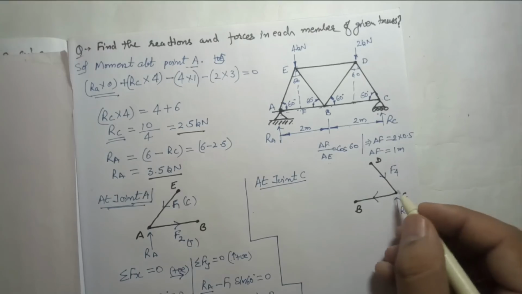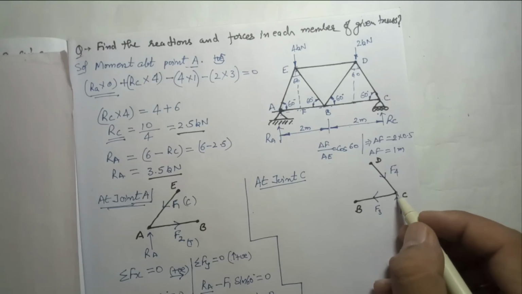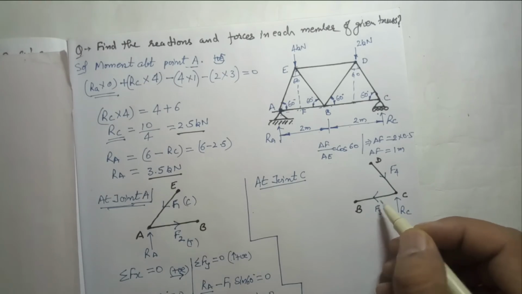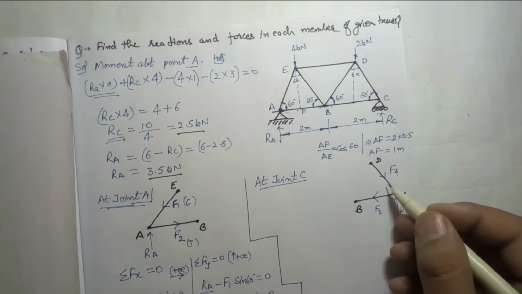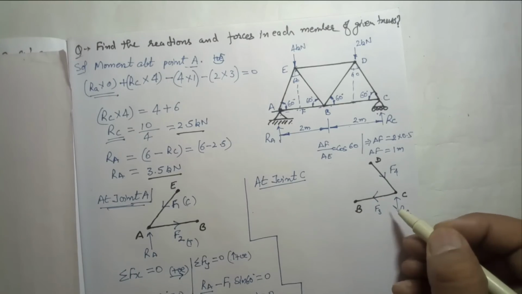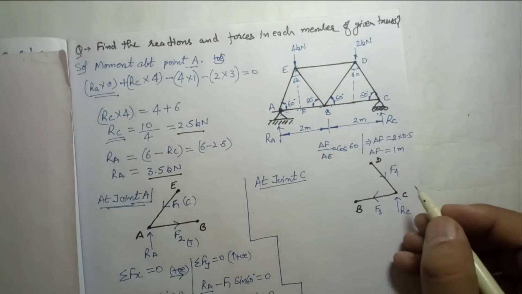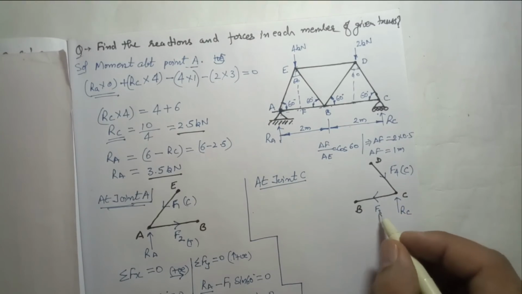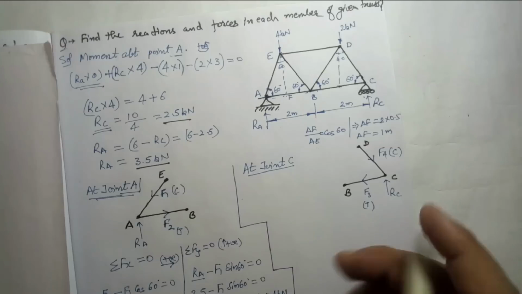There is no rule for taking these, they are just assumptions, but if you ask me, if a joint is there, I always try to take one compressive and the other tensile. I do it just to make the calculation easier. You can also take both in the same way, both compressive or both tensile, it is your wish. The answer will not change. So F4 I have taken as compressive, and F3 I have taken as tensile. This is just a way to solve the question. Now we have to find out again